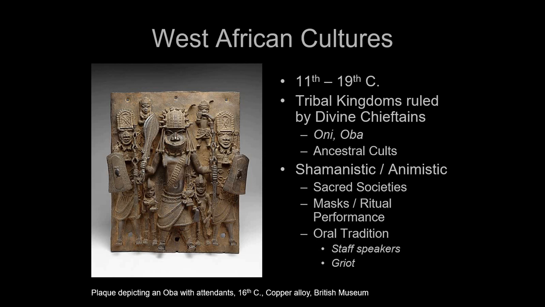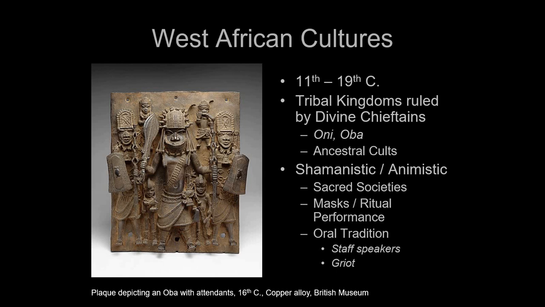These was a series of empires and kingdoms that thrived between the 11th and the 19th century, right up until the colonial period. And they're going to be tribal kingdoms ruled by a divine chieftain. There is this strong belief in divine chieftain and chiefdoms in West Africa. You have a king who is believed to have been descended from the gods and who is believed to rule by divine right. There are many different names for these divine chieftains. The Yoruba have the Oni. In the Benin Empire, they called it the Oba. And there still is an Oni and an Oba today in those countries. So there's an unbroken chain of these divine kingdoms.